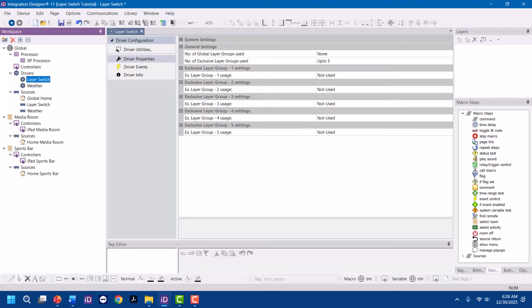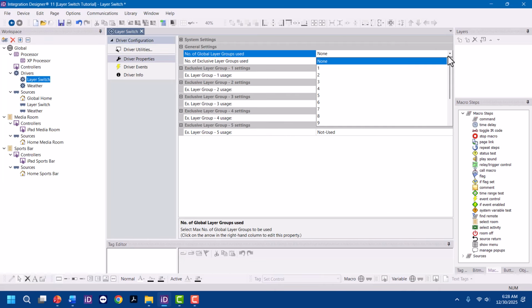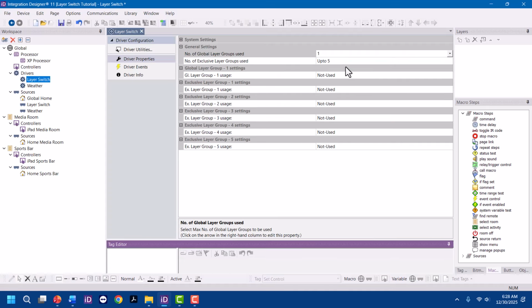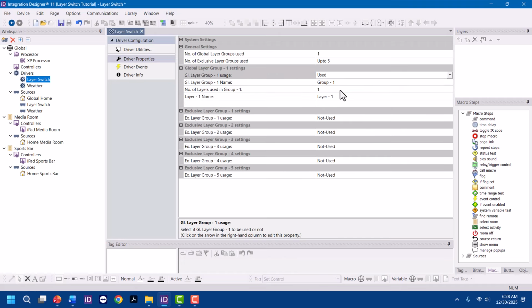Now, under global groups, I'll show you how this works. Currently, it's set to using no global groups. I'm going to set this to use one global group. And now you can see here, there's a global layer group, and it says usage, and it says not used. We're going to want to enable that group and set it to used. Now that we have a global layer group, let's call this important